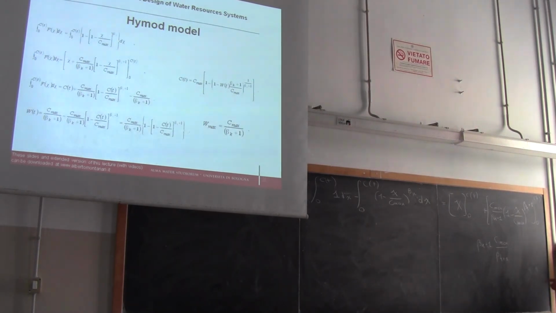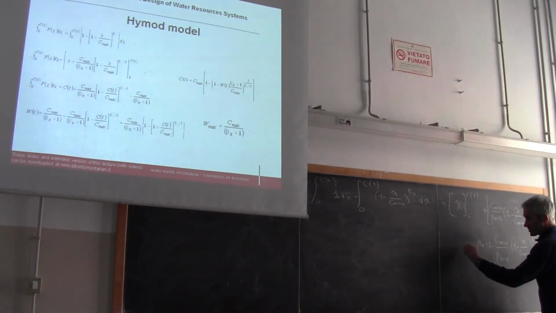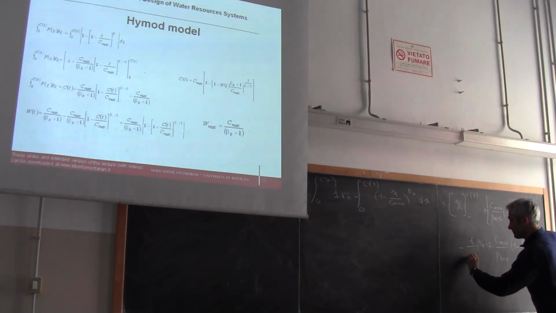And then we have the base of the exponential function, (1 minus k divided by C max) to the power of beta k, times the derivative of 1 minus k divided by C max, which is minus 1 divided by C max. And therefore